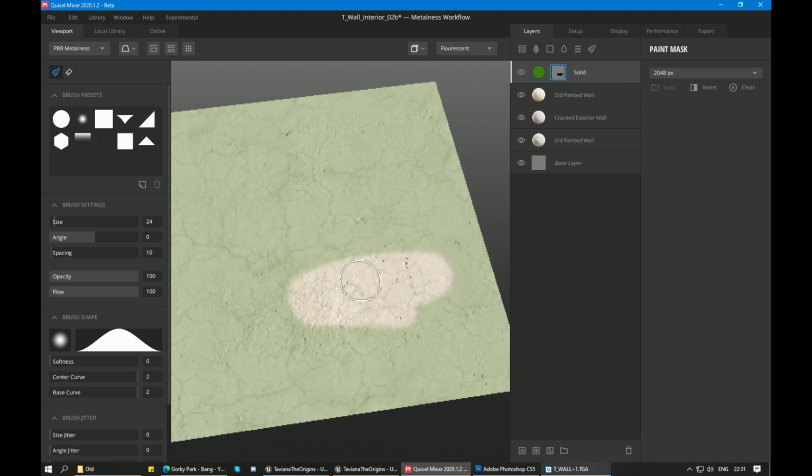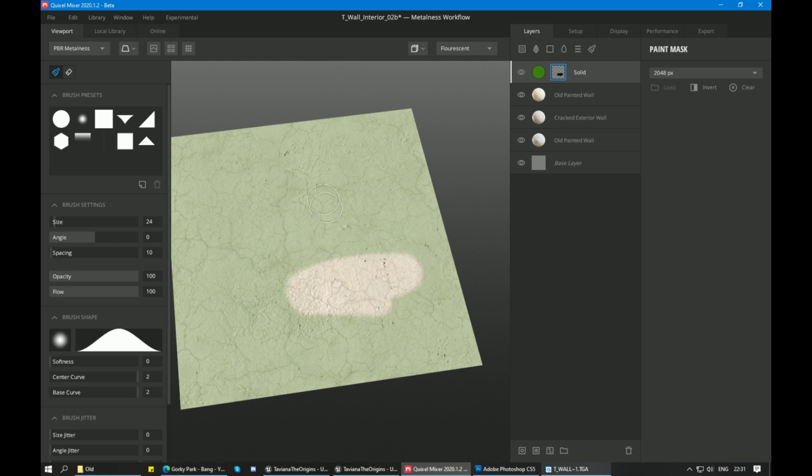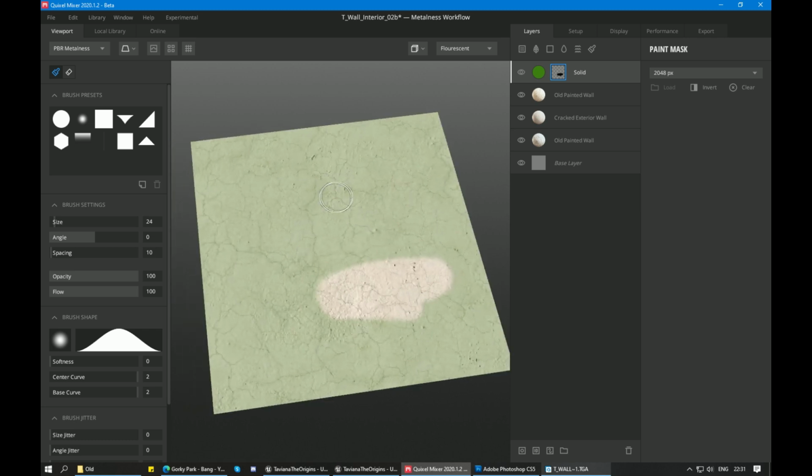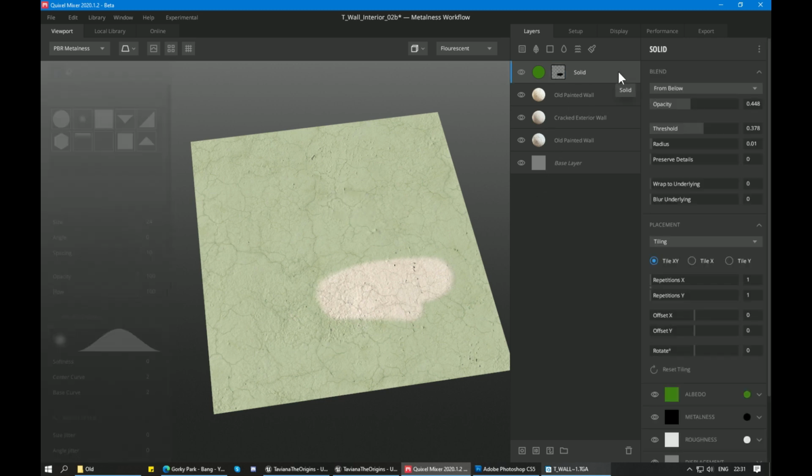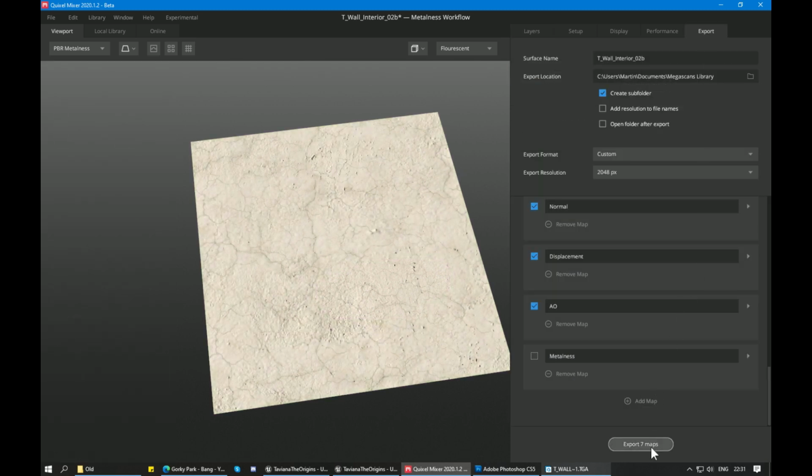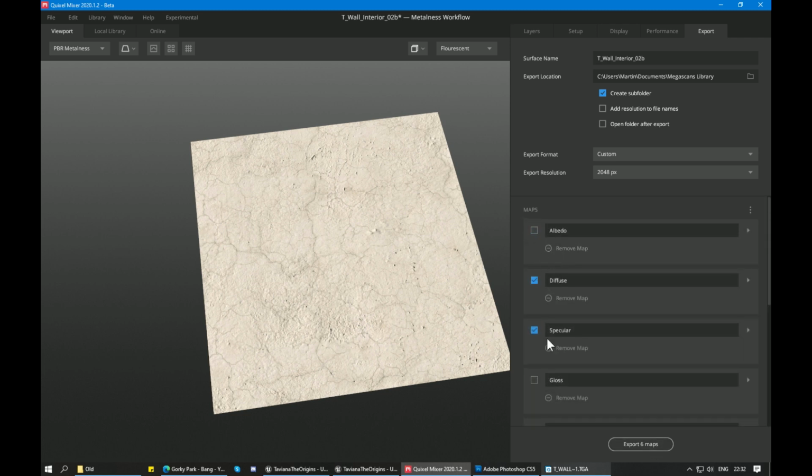But I prefer to do this in Photoshop. You can also add decals and stuff, but I prefer to do this in Photoshop because, I don't know, maybe I'm just too old school. So let's delete that. Export. Oh no, don't export. We want to change